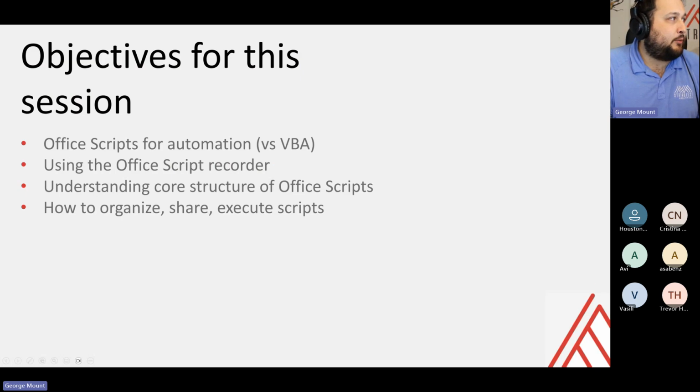With that being said, what are our objectives today? I like to think of these as almost like free sample sessions, okay? So I'm going to hand you out some free stuff. I don't expect anything in return. You can take a look at it and play with it. If you want more, you can get in touch. If you just wanted to try it out, that's fine too. I'll help you as much as I can with questions in terms of specific use cases, like can Office Scripts do this and can Office Scripts do that? If you're looking to be sold on using Office Scripts, again, this is just a free sample.